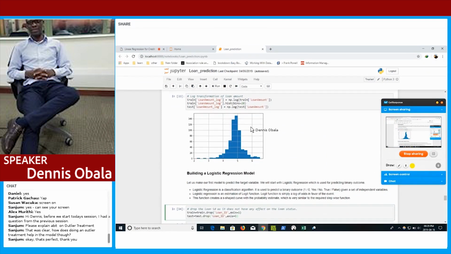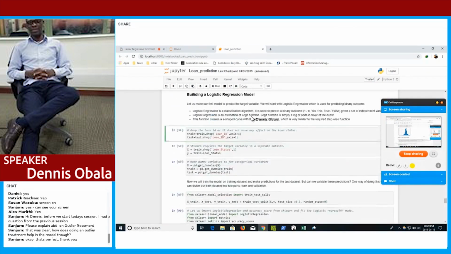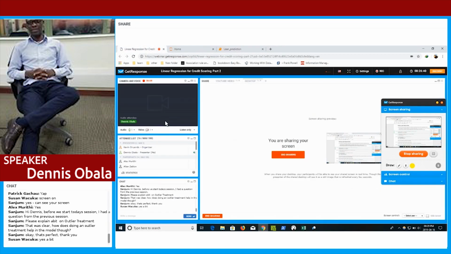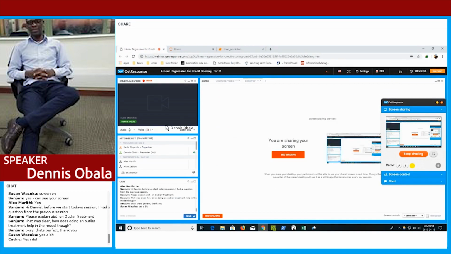So I think we go on and start with the logistic regression model. Mainly the logistic regression model is just a classification algorithm that we use to predict binary outcomes. For example, if I'm trying to predict a true and a false,